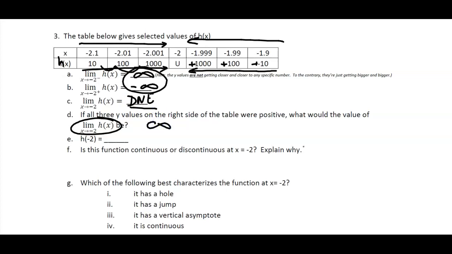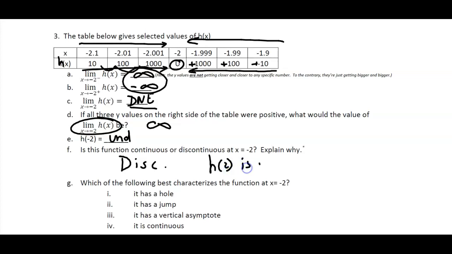Okay, so there's that. Now, what is the value of h of -2? Once again, it's undefined. The function does not exist at that point. So is it continuous or discontinuous? The answer is it's discontinuous. Now, you actually can say two different things here. You could say either